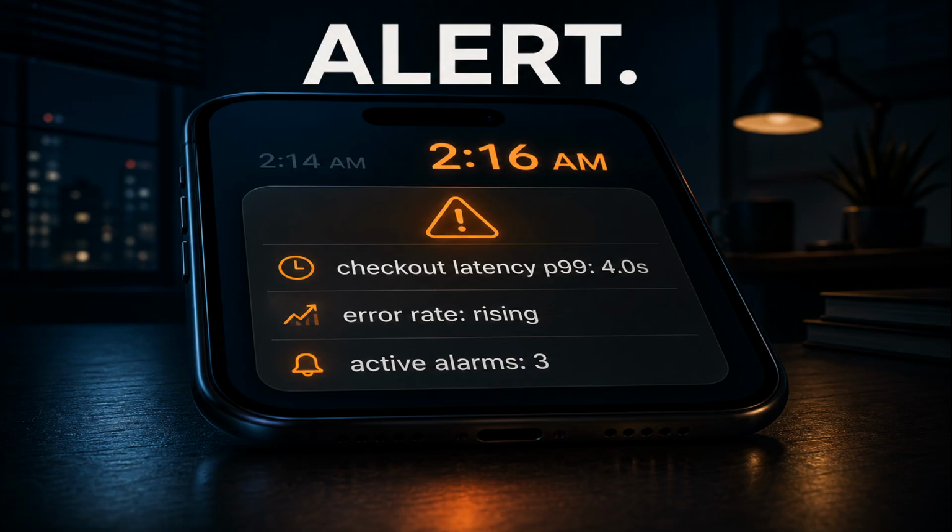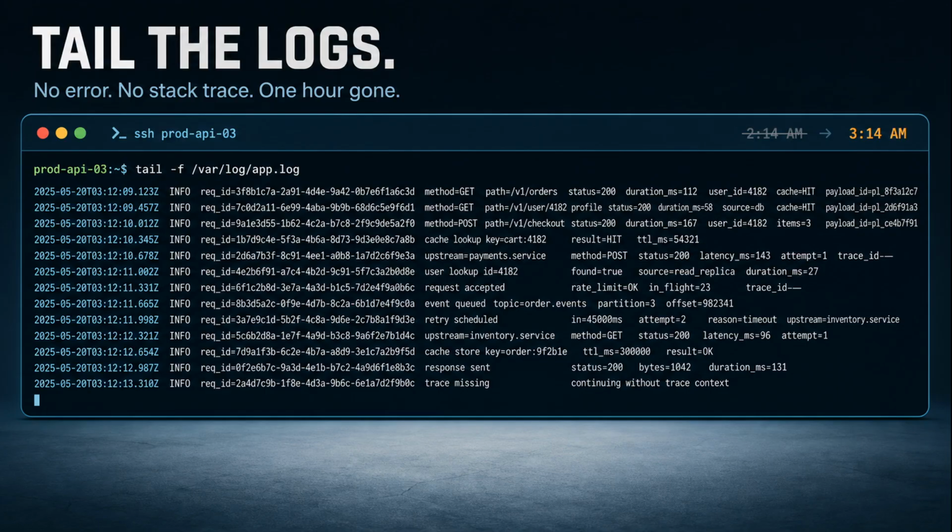By the end of this chapter, you'll see how that same page resolves in 6 minutes instead of 6 hours. We'll walk through why grep stops working at this scale and how engineers fix the slow request without searching 40 machines by hand. So you get up, you crack open the laptop, you SSH into the checkout service, and you